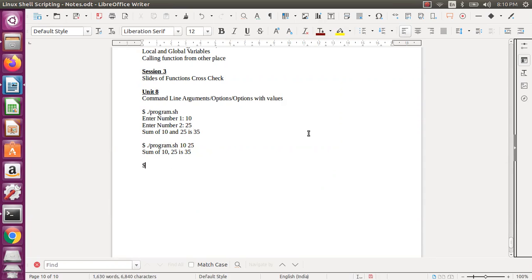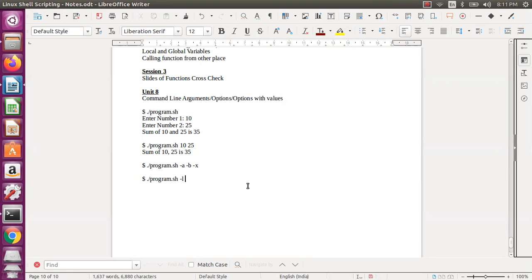So let us assume I have something like program.sh, and I pass minus L, or minus A, anything, minus B. These are the options. Here in our case, we will just print whatever options you have chosen, A and B options, something like that. And if you choose something like X which is not implemented, let us give an error. Now let us take option with value. Let us assume I am giving the same name for every program, but ideally that should not be; you need to write your own program name.